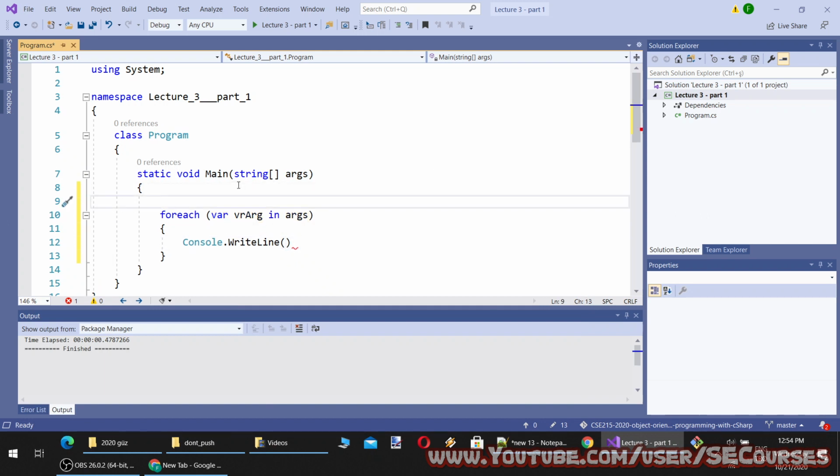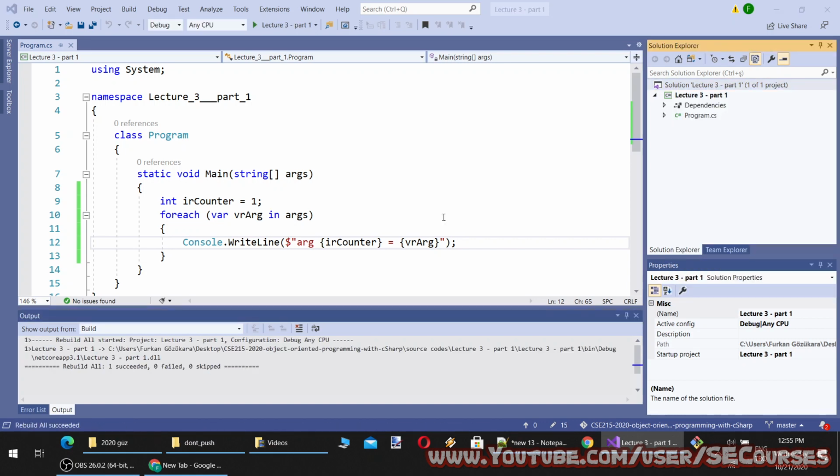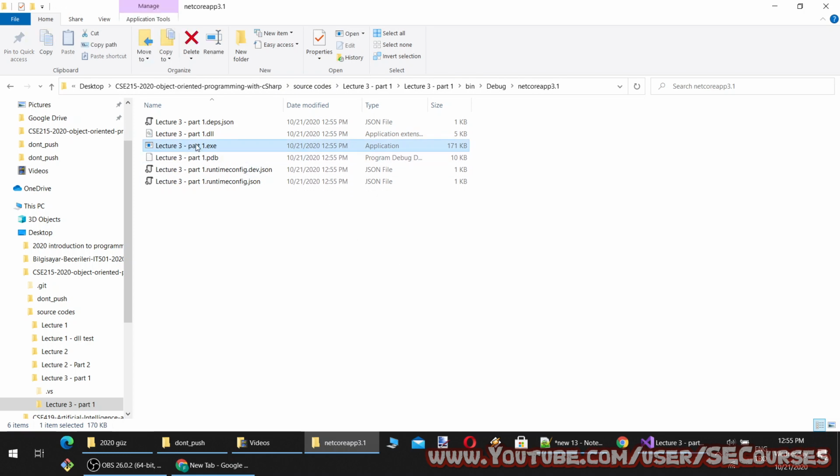I will write each argument to the screen. I'm going to rebuild the solution to produce a DLL file and the exe file. Okay, so the exe has been composed.